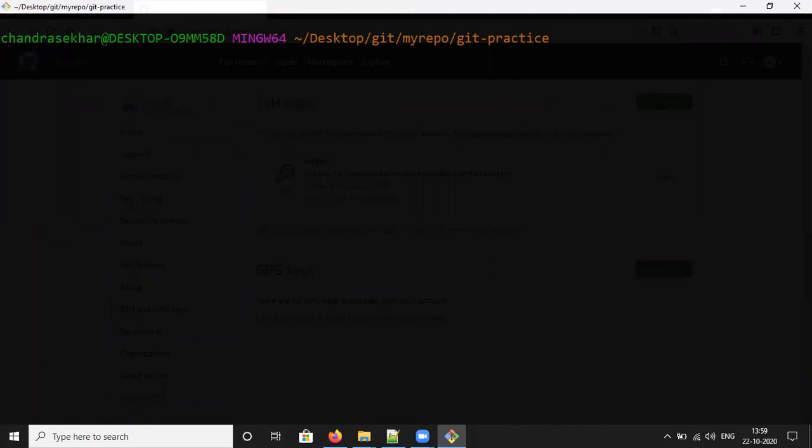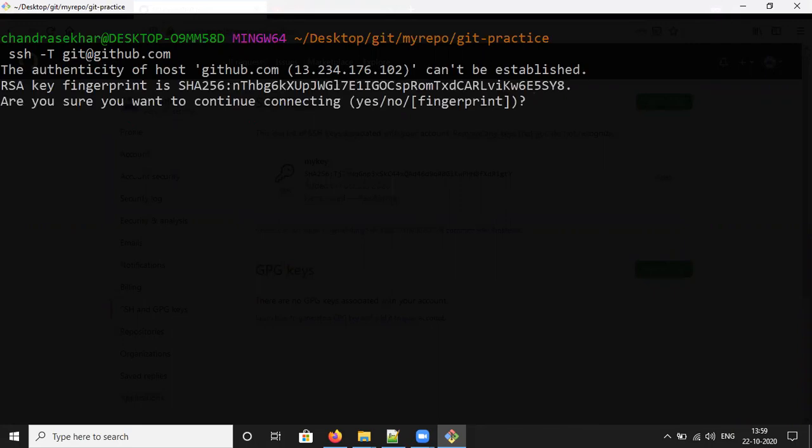Now you have to execute ssh -T git@github.com. It will generate the known_hosts file while running. So click yes.